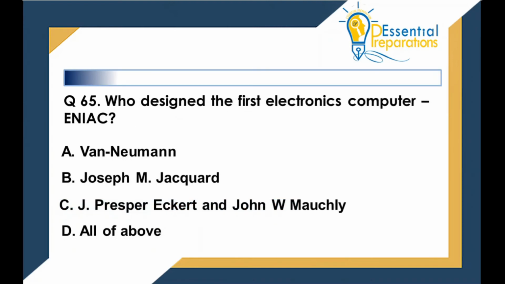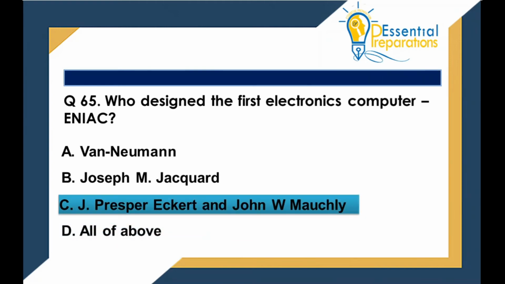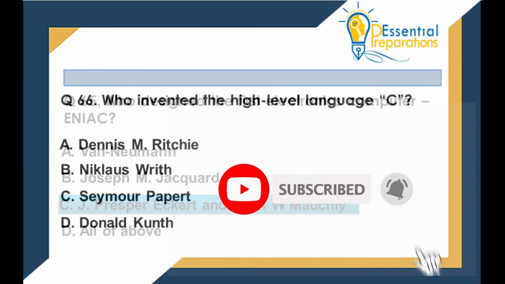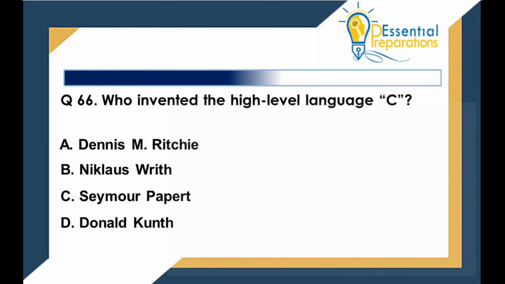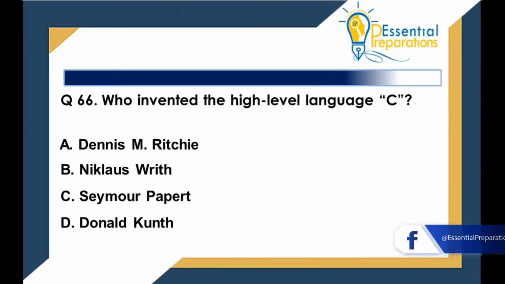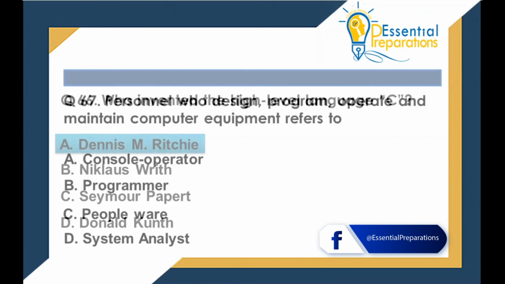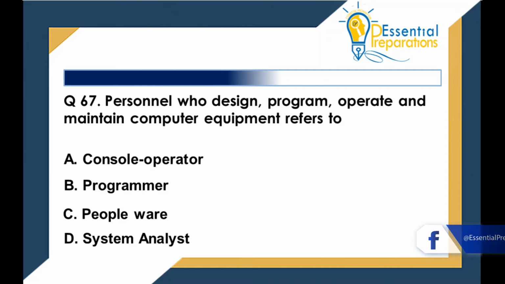Who designed the first electronic computer ENIAC? C. J. Presper Eckert and John W. Mauchly. Who invented the high-level language C? A. Dennis M. Ritchie. Personnel who design, program, operate, and maintain computer equipment refers to